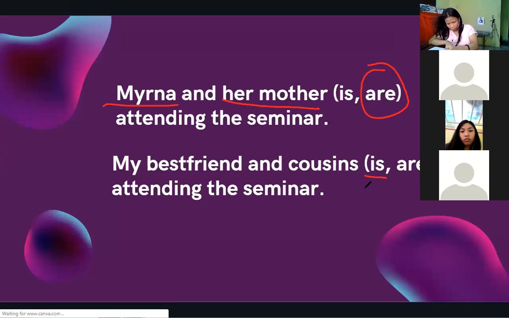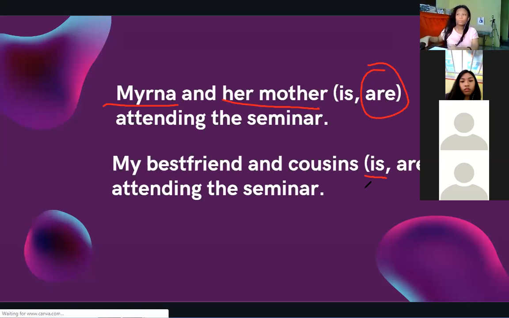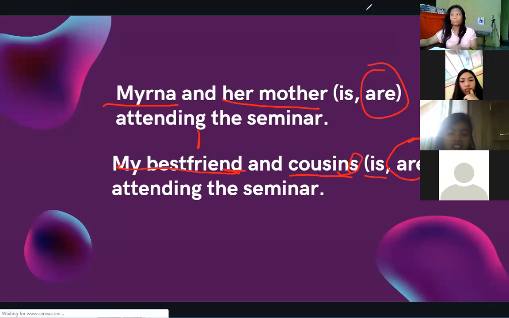Okay, let me help you. Sometimes we need to completely realize and define the sentences. In this sentence, you see the words "my best friend," singular, pertaining to one. This time you have cousins. Therefore, there is more than one person we're talking about here. More than one, because you made "cousins" plural. The best friend is only one. Okay? So the answer is "are." Thank you. Nice try, Denise. We will continue trying that out.